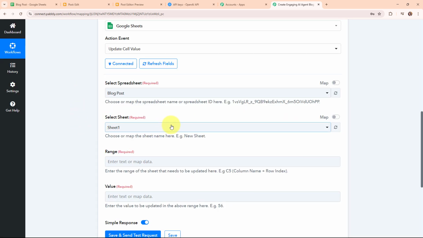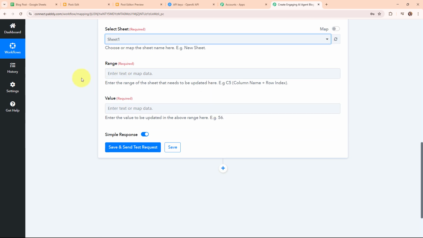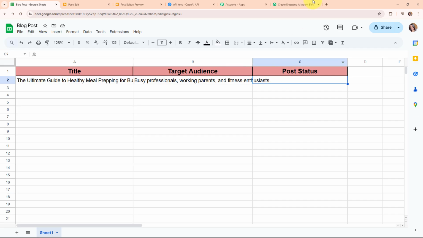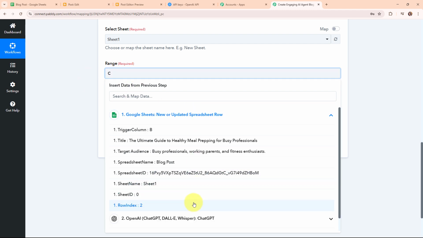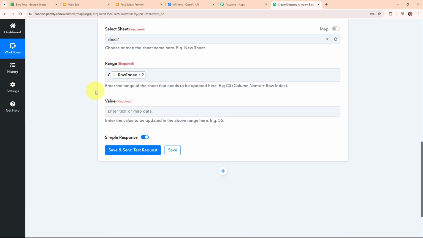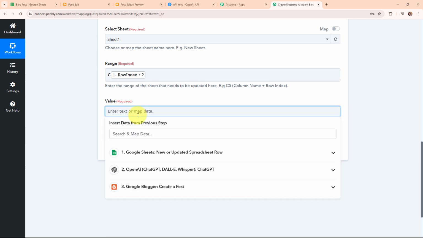And then here I'm going to select my sheet as sheet 1, and then here it is asking me to enter the range. So it says enter the range of the sheet that needs to be updated here. Example C5, that is column name plus row index. So here you can see my column name is column C over here. So I'm going to enter the column name as C, and then here for the row index, I'm going to map the row index from the response that I've received in my Google Sheets. So I'm going to map the row index, and then here it is asking me for the value that is going to be updated. So for the value, I'm going to update the value as posted over here,